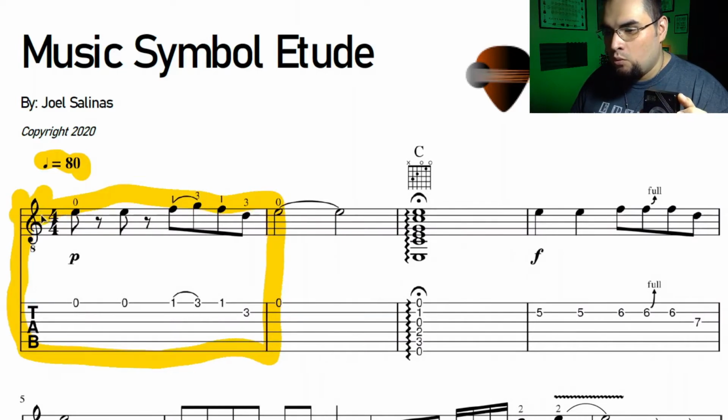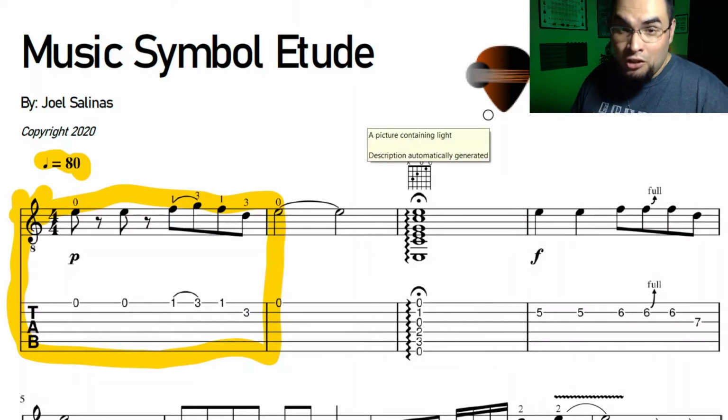It's going to go 1, 2, 3, 4. 1, 2, 3, 4. Now, if you're learning something for the first time, you don't need to be able to